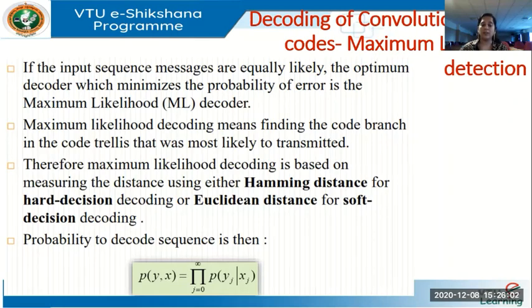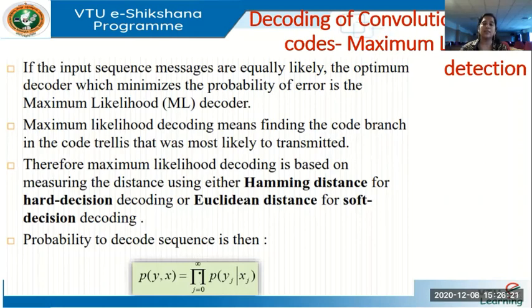Therefore, the probability to decode a sequence is given as the probability of y given x, which is the product of the probability of yj given xj for j varying from 0 to infinity.